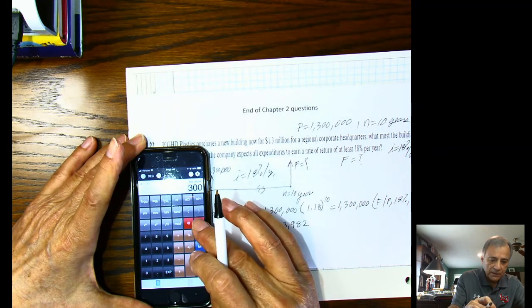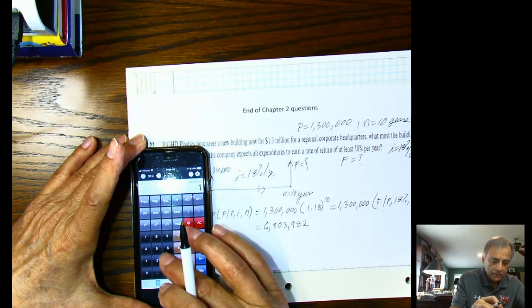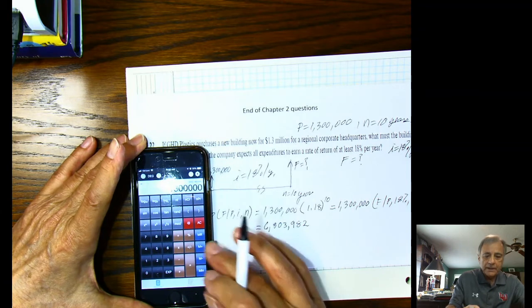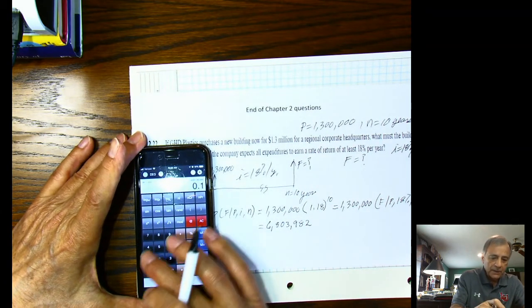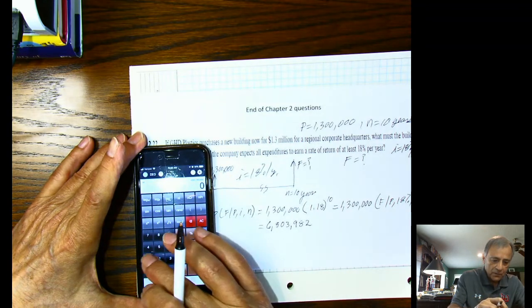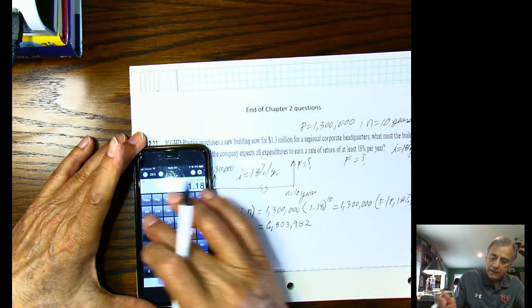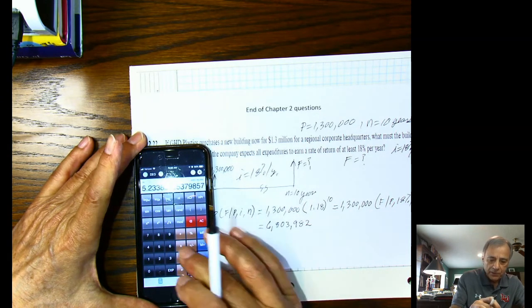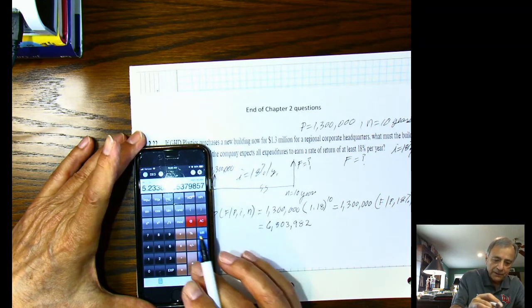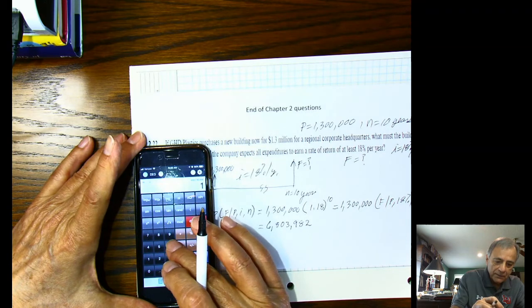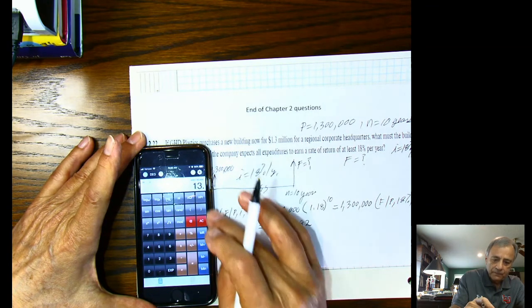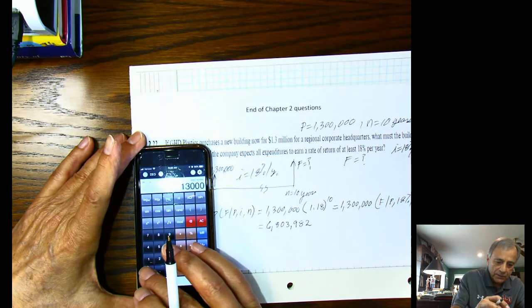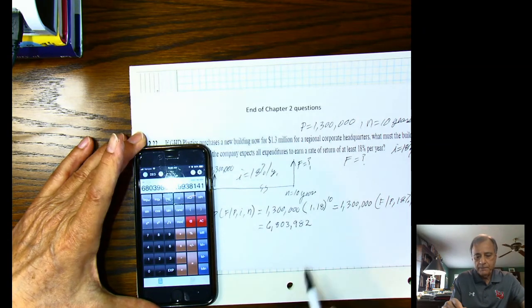Whoops, I missed a 1. 1.18 to the 10th power is 5.3, multiply times 1, 3, 0, 0, 0, 0, 0 equals, yep,